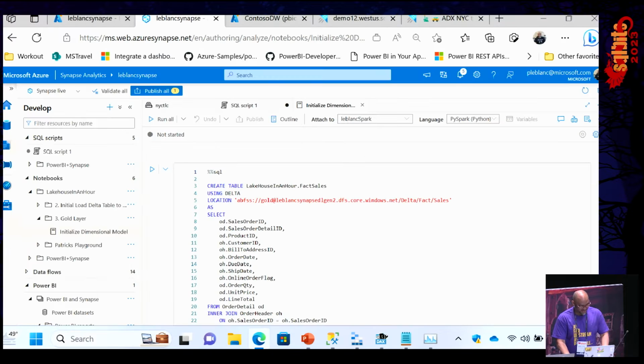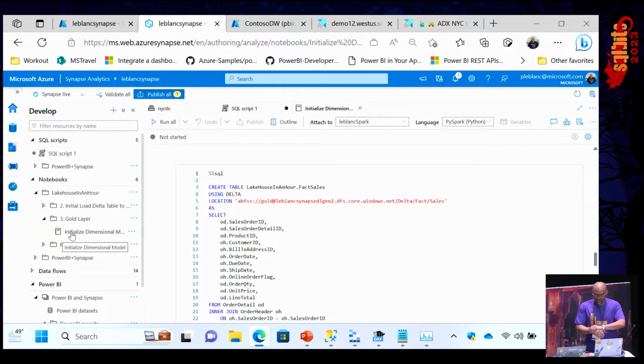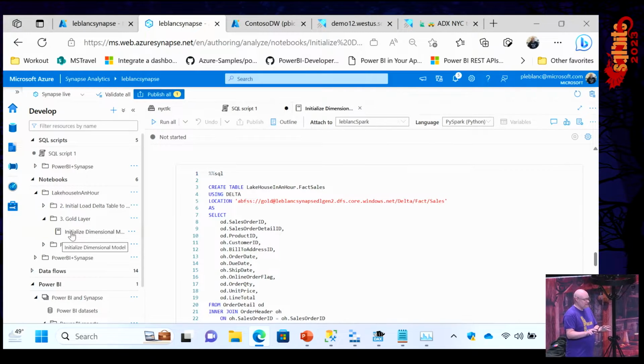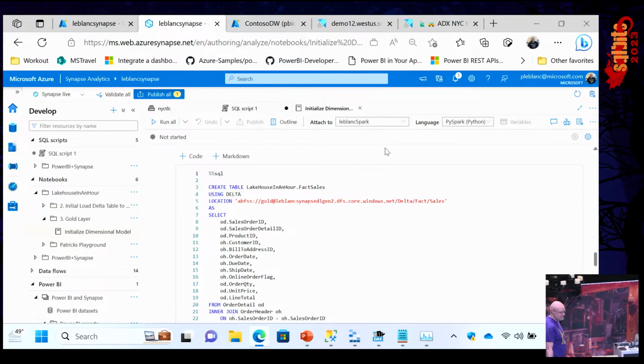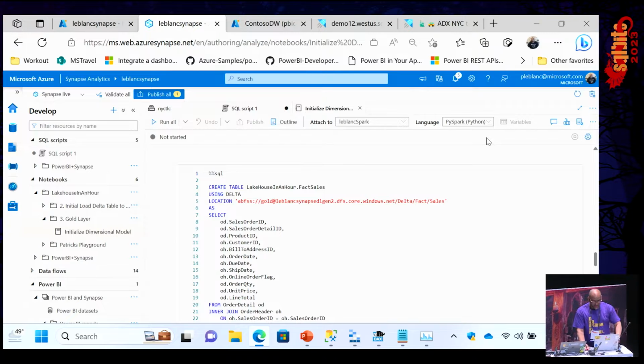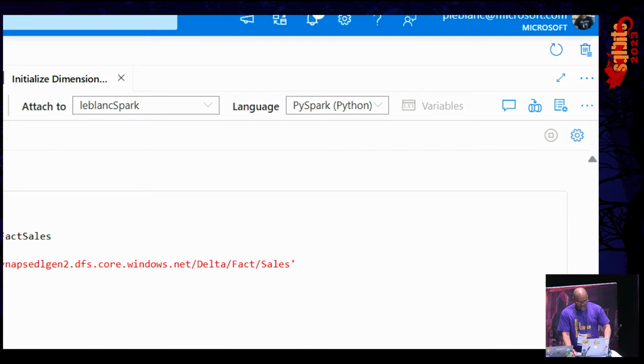Patrick, you keep talking about these notebooks. These notebooks are amazing. But if it's in the notebook, how do I automate that? So I learned something this week which blew my mind. It's amazing. I knew you could do this, but I learned something new.